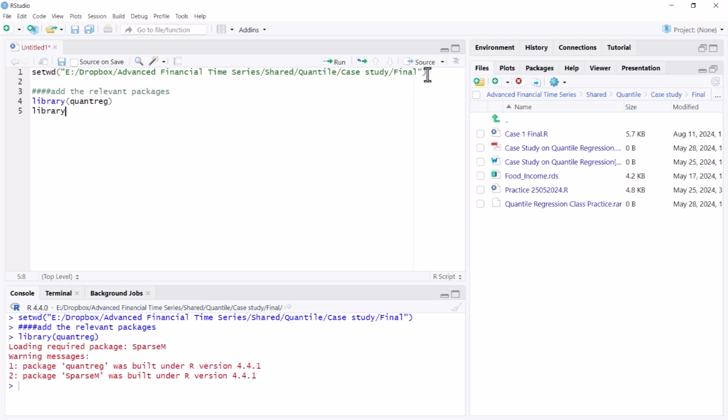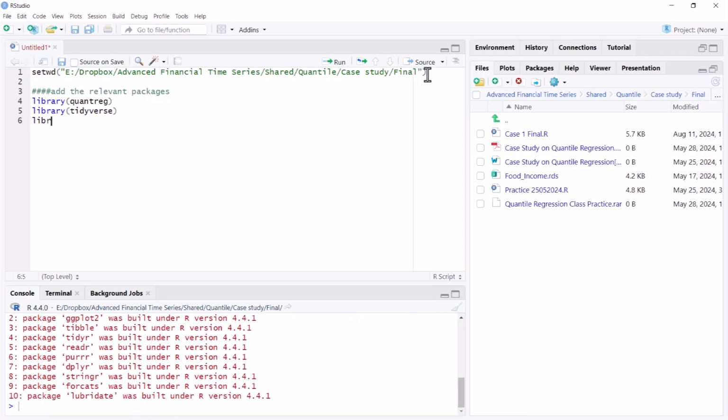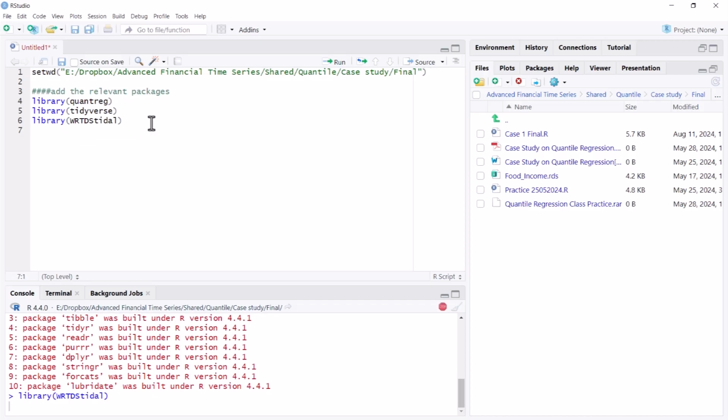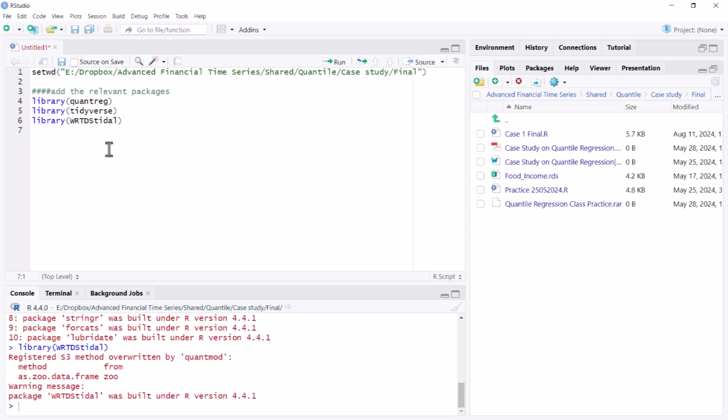I'll add the tidyverse package. This is also useful for data analysis and ggplot and other things. And lastly, there is the WRTDStidal package for some quantile regression analysis, some advanced analysis. Now with these commands, I have loaded the relevant packages, so they are available for me for the current use.